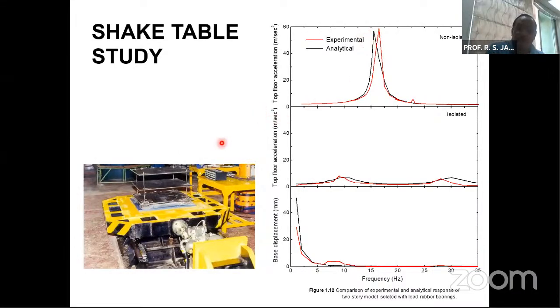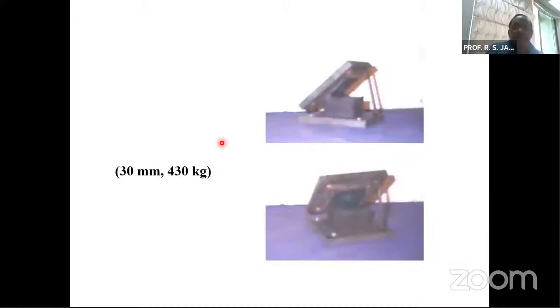This is the response of a two-story building model. And again, one can see that there's a good comparison between experimental and analytical response. This is the ultimate,